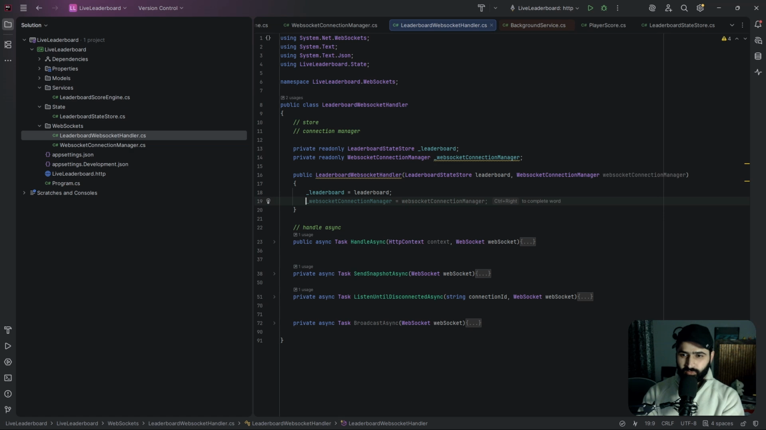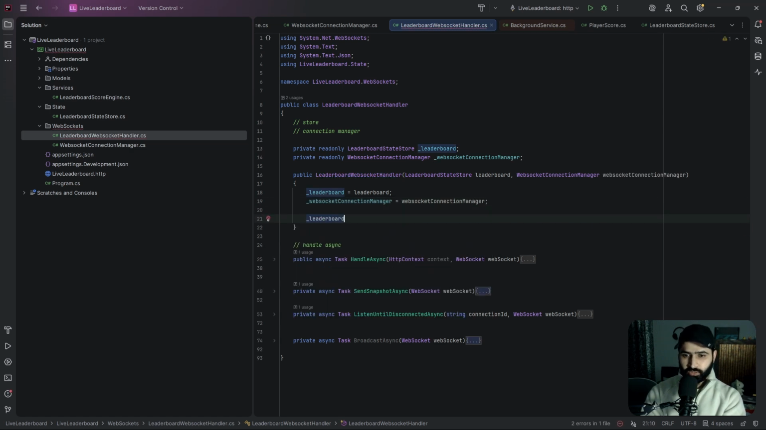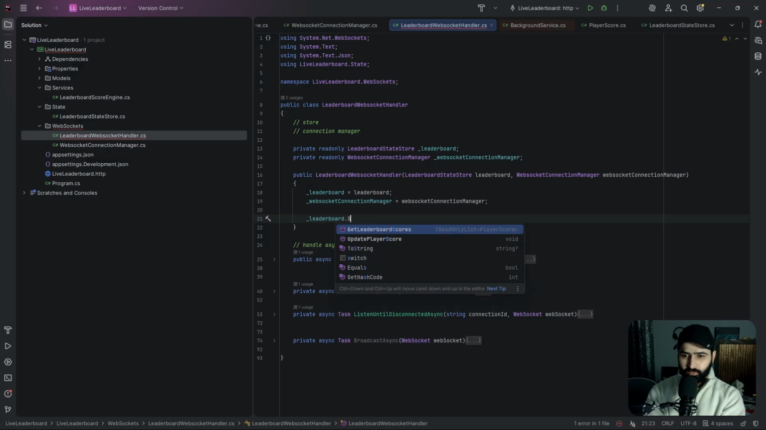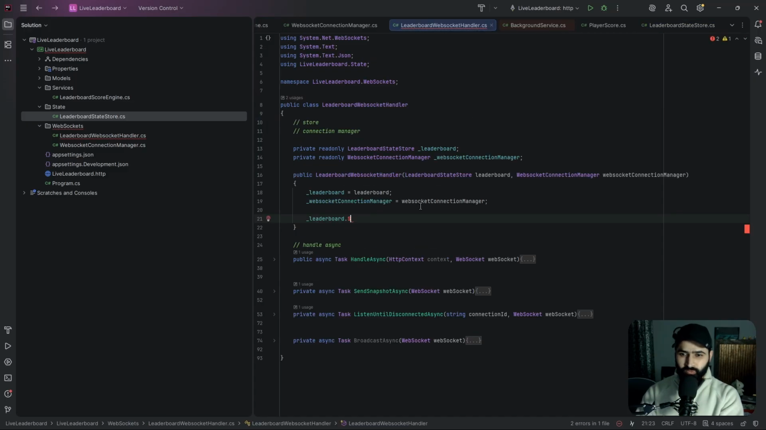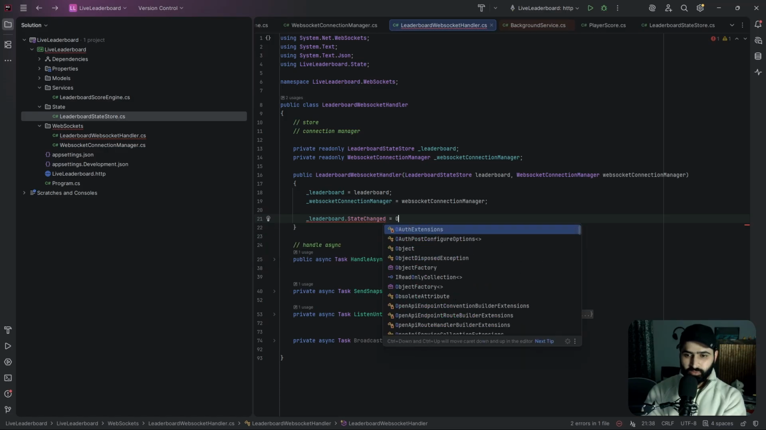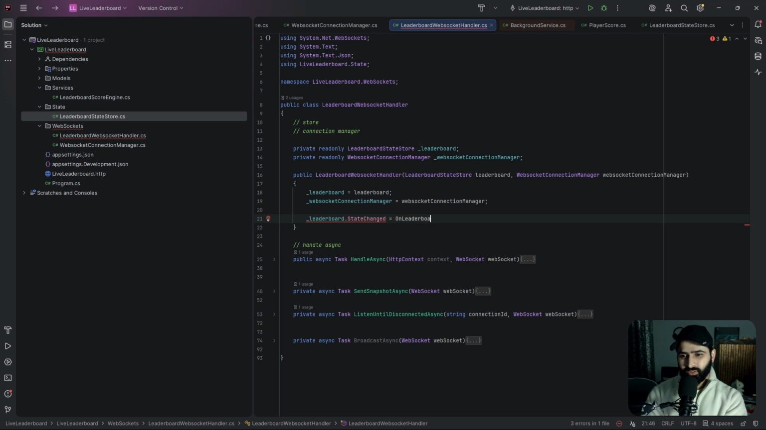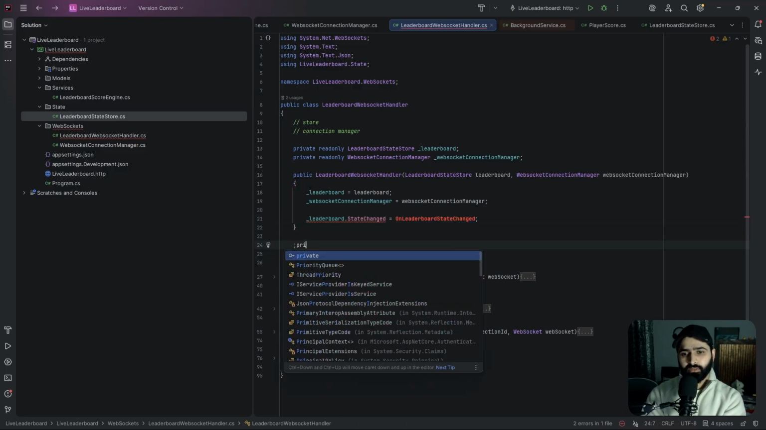लीडर बोर्ड ले लो, वेबसॉकेट मैनेजर ले लो, और यहाँ पे मुझे करना था लीडर बोर्ड नोट यहाँ पे। अरे यार, स्टेट चेंज को पब्लिक करना था ना मुझे, तभी तो मैं इसको वहाँ पे एक्सेस कर पाऊँगा मेरी स्टेट चेंज्ड को। और यहाँ पे जो मेरी स्टेट चेंज्ड है, यहाँ पे मैं बोल देता हूँ ऑन लीडर बोर्ड स्टेट चेंज्ड, और ये मेरे को एक मेथड यहाँ बनाना पड़ेगा।